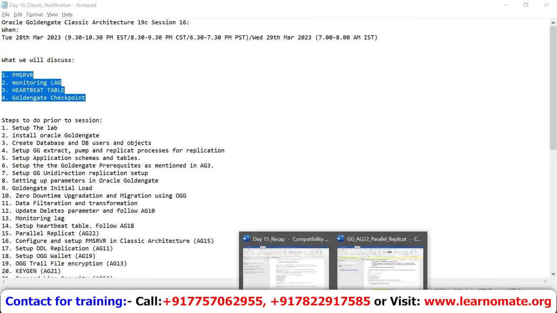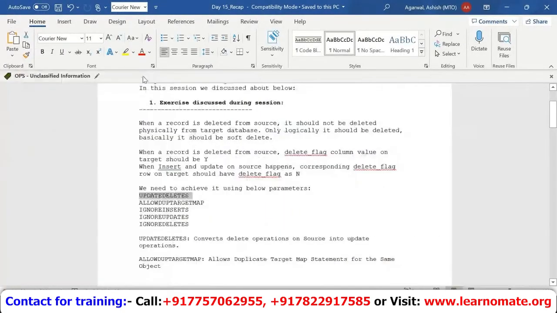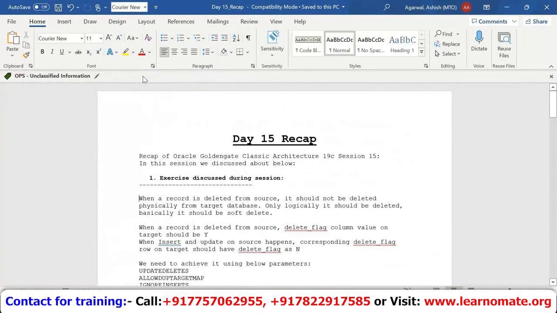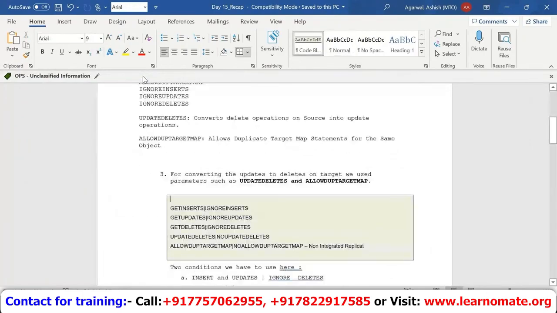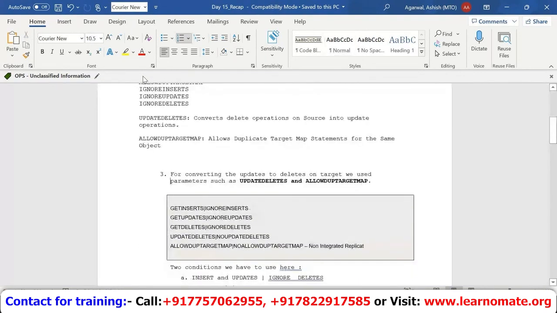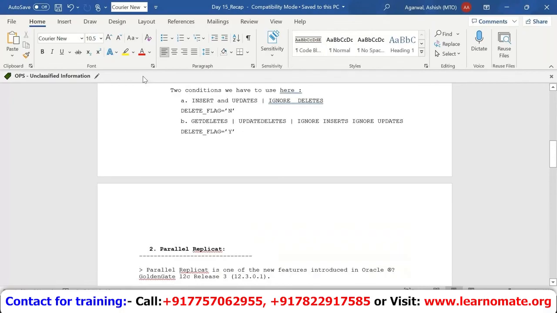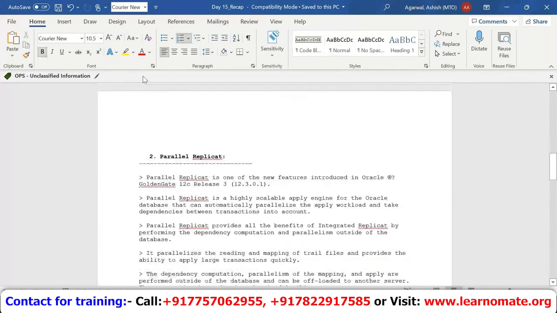I'll be taking questions, but if anyone wants to drop off, here is what we discussed in today's session. We discussed the exercise from the previous session: when a record is deleted from source, it should not be deleted physically from the target. So we discussed the usage of update deletes, allow dup target map, ignore insert, ignore update, ignore deletes. We also discussed parallel replicate, which is one of the new features in Oracle GoldenGate 12c